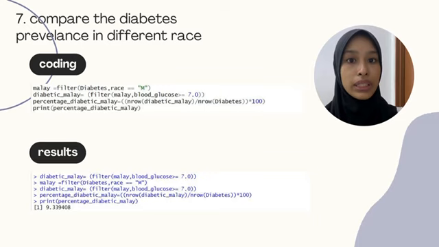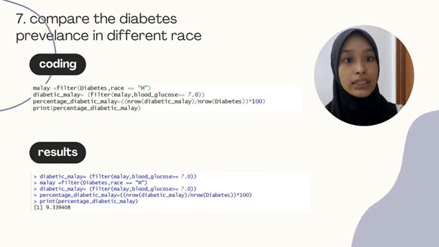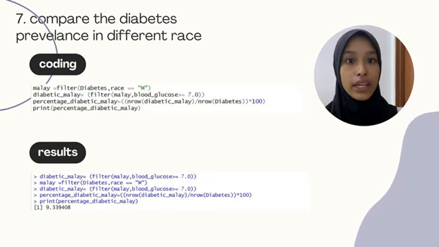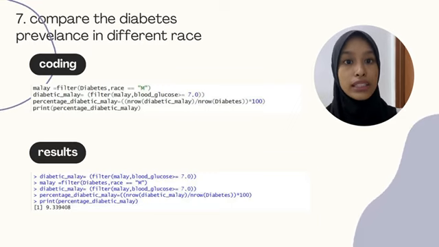So this means that a total percentage of 9.339408 of the full dataset are Malay individuals with diabetes. We repeat the same coding for the Chinese individuals and also the Indian individuals, and we will get the Chinese with a percentage rate of 5.7% and the Indians of